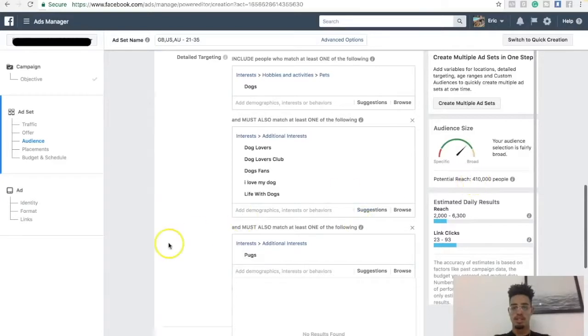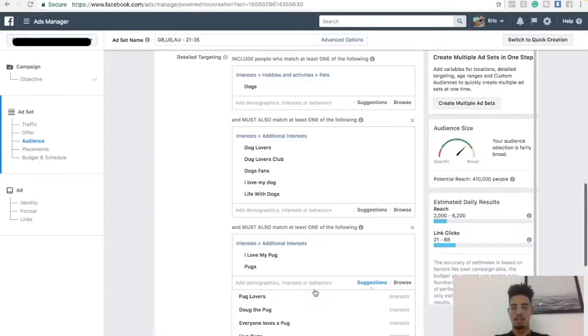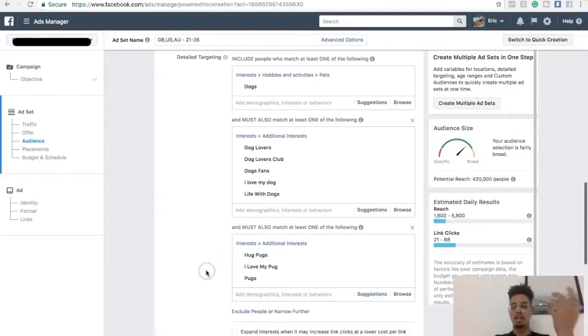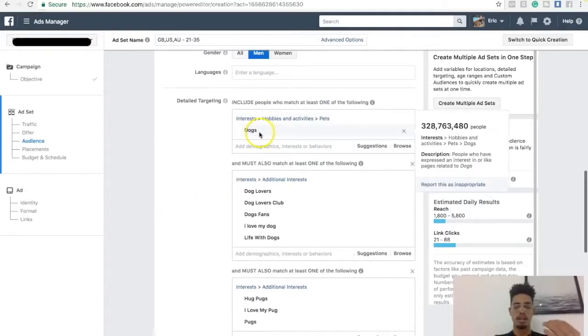So 410,000 people. Then I can add suggestions. We can narrow down. I love my pugs. Pugs. Okay, cool, whatever, right? So with that being said, the list goes on, guys. What Facebook advertisement is about is just testing, tweaking, testing. You never know what's going to work, but it's good to know the foundation of knowing how to actually pick